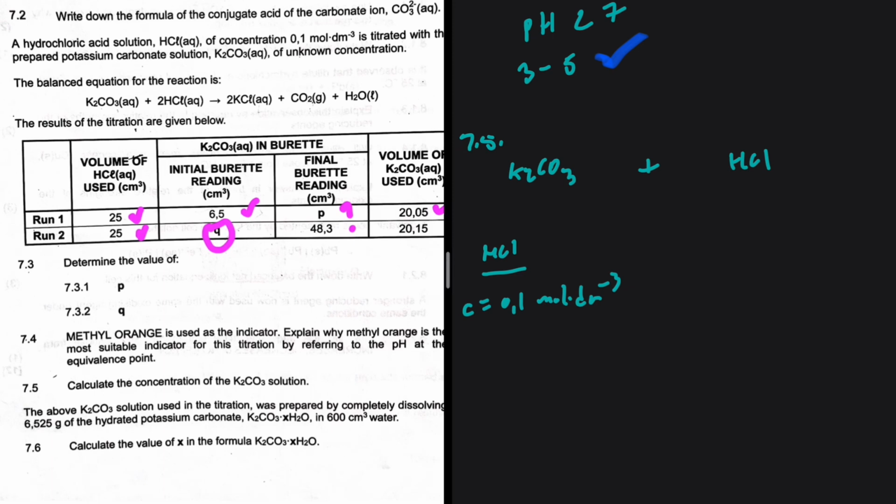It is given to us as 25 centimeter cube. So already looking at these variables, I can find the number of moles of acid, HCl. With the number of moles of acid, use balancing coefficients, find the number of moles of base. With the number of moles of base, I just need the volume of the base to therefore find the concentration of